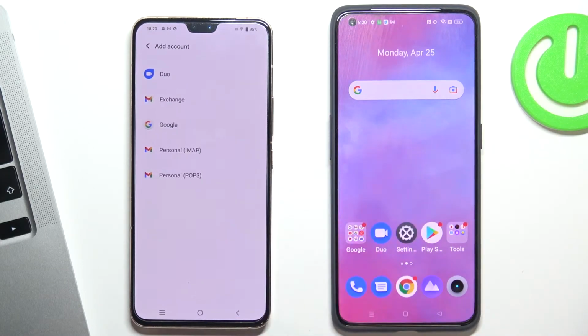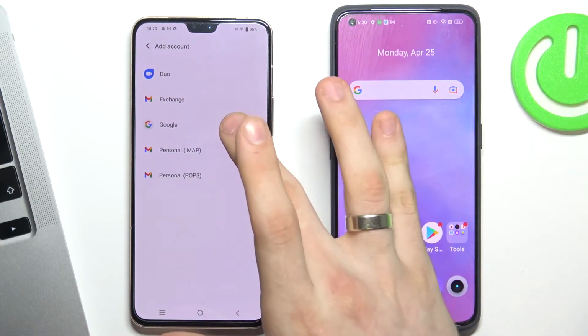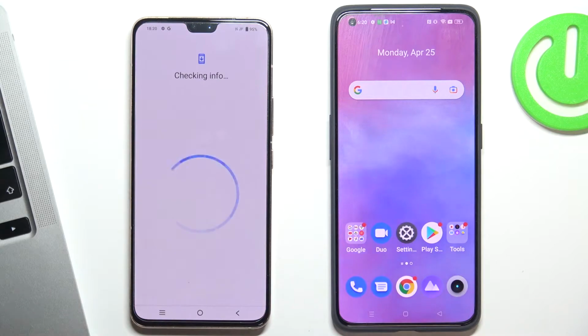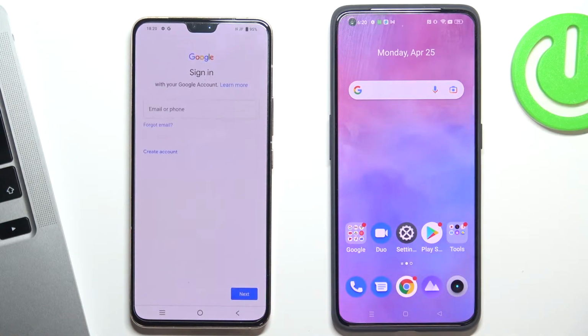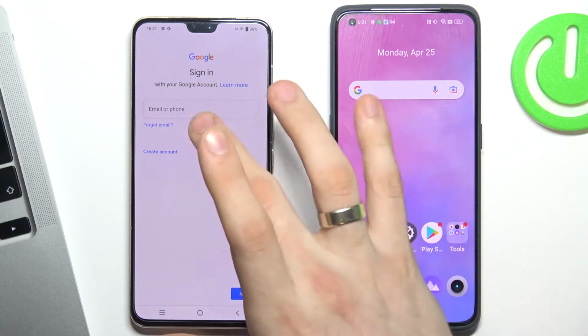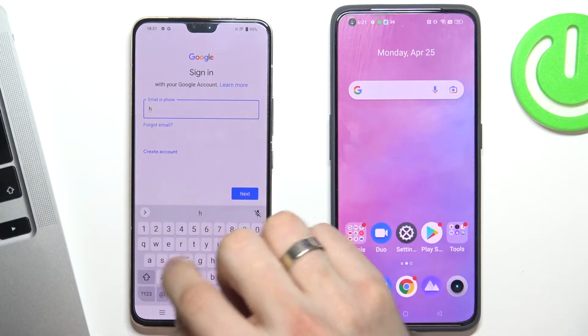Now you need to add child's Google account, but you need to know that if the child knows the password from his own account, he will be able to bypass the blocking of Google Family Link. And therefore, you need to create an account for the child with a password that only you will know, or ask the child to change the password. So enter child's password,